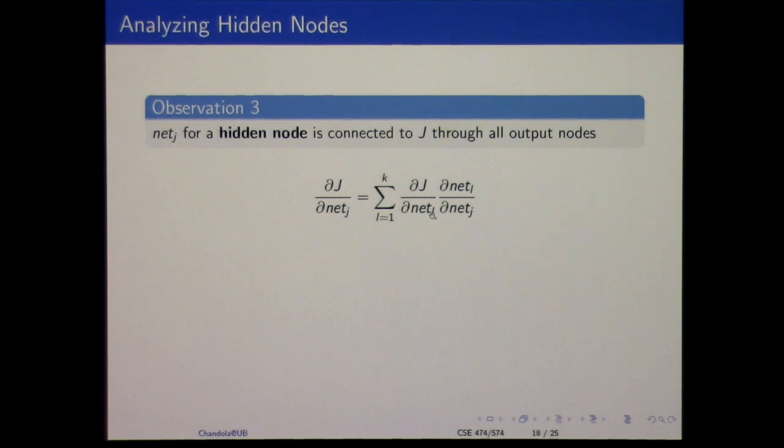The net L is what is coming out of your output units before the sigmoid. So this is how they're connected. So you do this chain rule and then you open it up. Once you compute this value, then you can compute the partial derivative of J with respect to your weight entries, because that was a result that we saw earlier